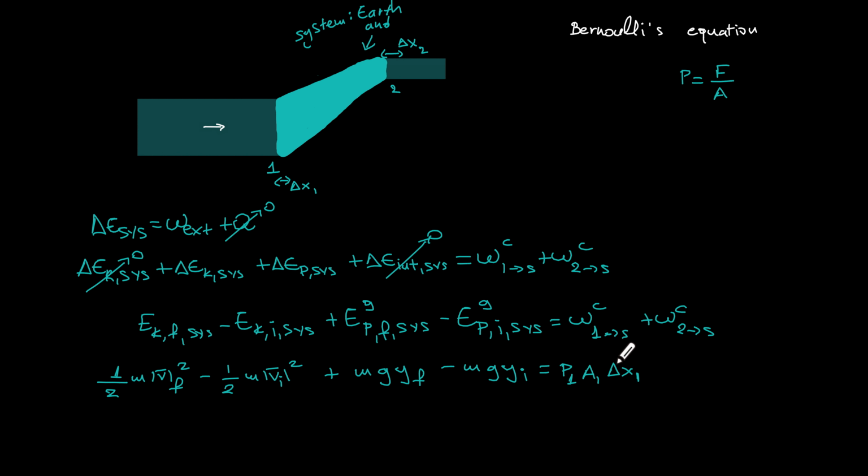And this is a positive work done because this part of the surroundings is pushing on my fluid to the right, and this fluid is also moving to the right,